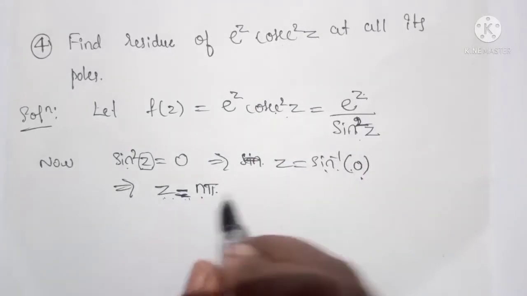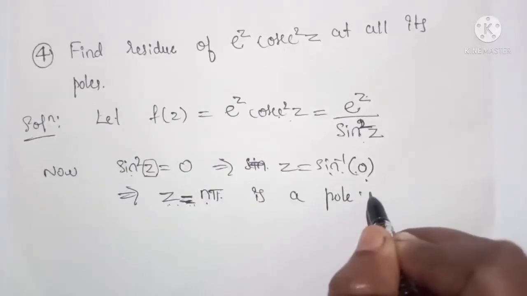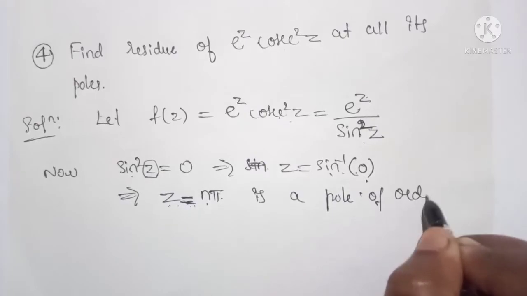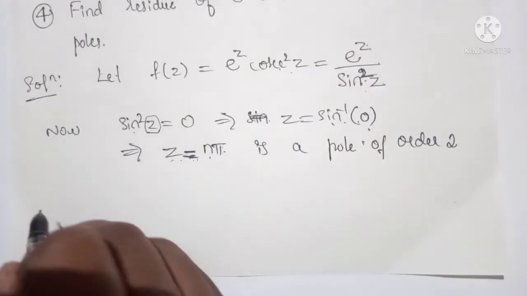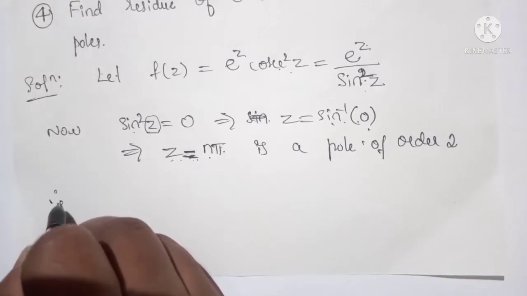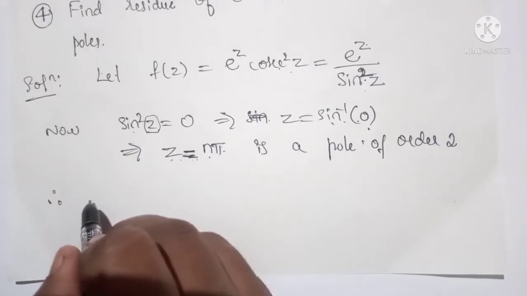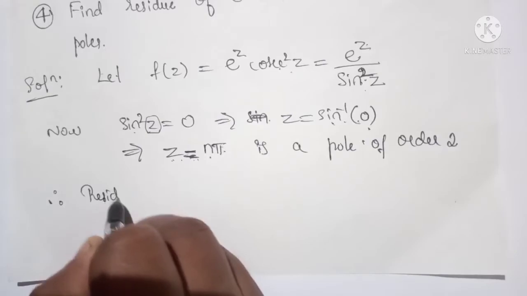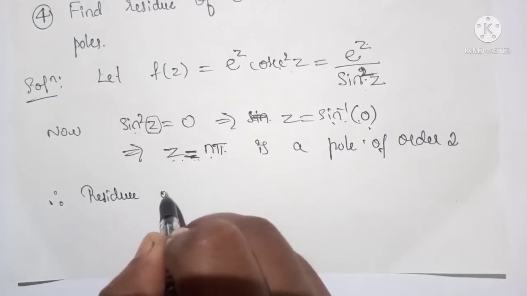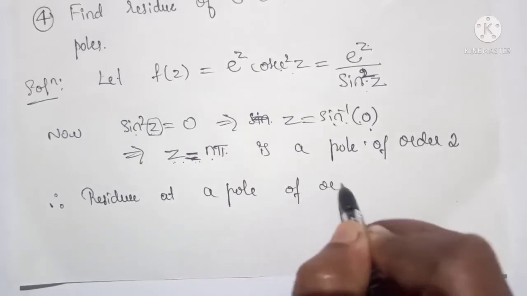So z equals n pi is a pole of order 2, because here the power is 2. Now we have to apply the formula for the residue at a pole of order 2, order m. So that is, we have the residue at a pole of order